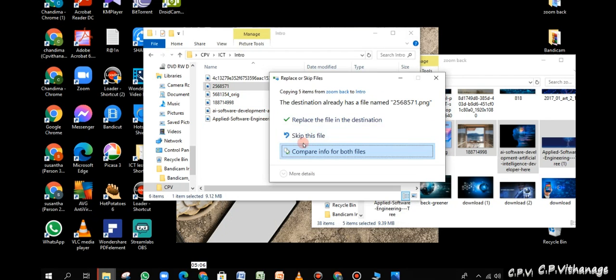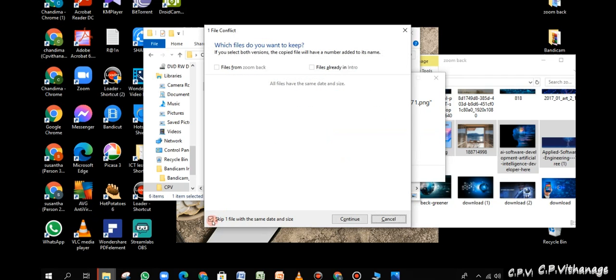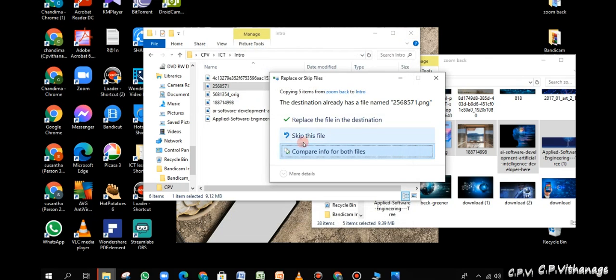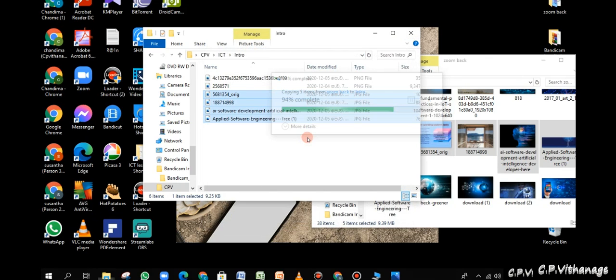When I go to compare, it shows both files in the same window. You can see it's the same, right? So just ignore it, skip the file. Okay,